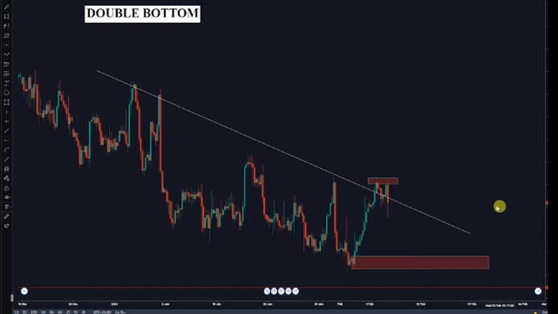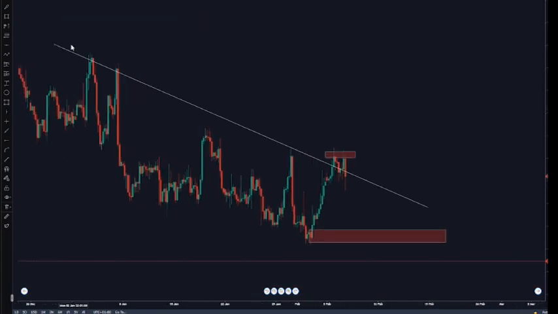But for me, I know that this price has changed its behavior at this very area. This is the area of value. The price has changed its behavior. You need to notice something. Whenever you're trading, it is observation. Trading is observation. You are not doing anything other than observing what the market and the price is doing at that